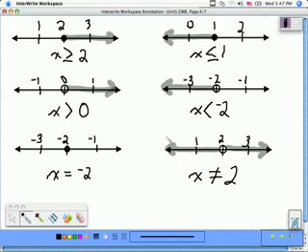So if we take a quick look at this, if we have a solid dot, as we do in these first 2 examples, we have the or equal to. If we just have an open dot, we have either a greater than or a less than sign. If we have an open both ways, it's a not equal. And if we just have the dot